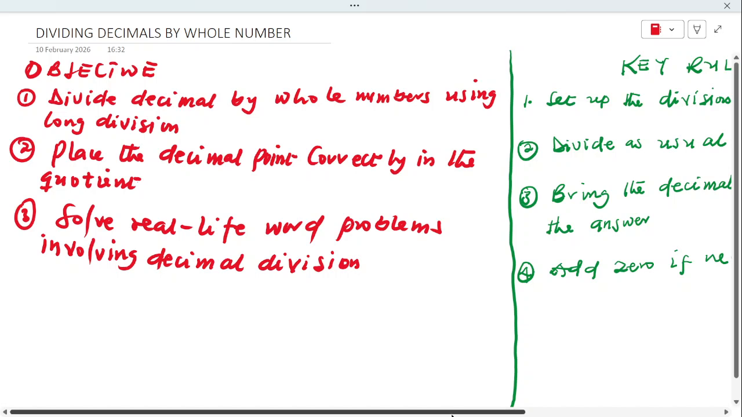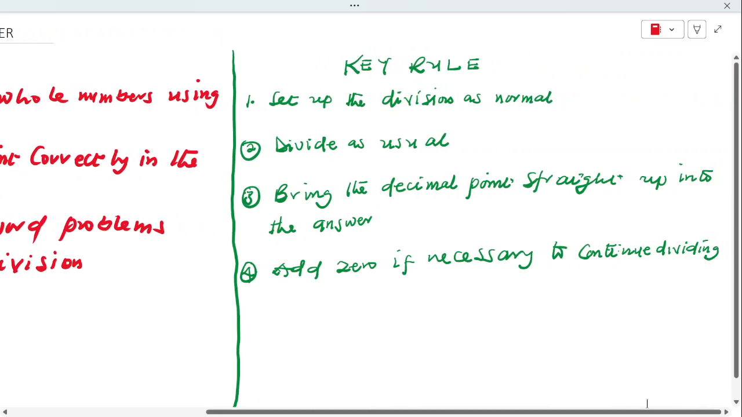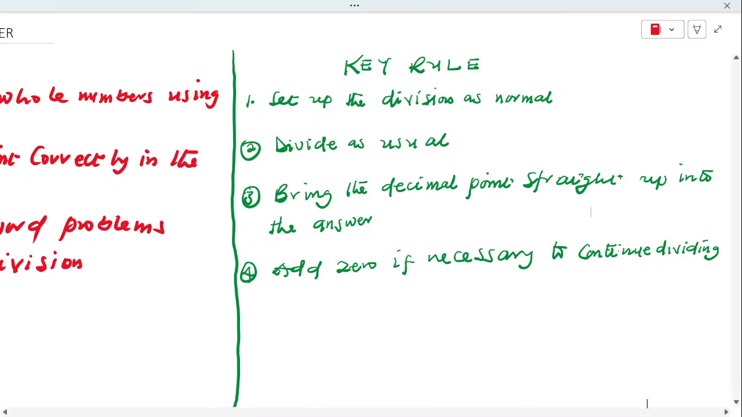Okay, but before we dive in to look at some solved solutions, I would like us to look at these key rules which you'll be applying when dividing decimals by whole numbers. Now the first rule says that when you are dividing a decimal by a whole number, you should set up the division as normal. So for example, if you have